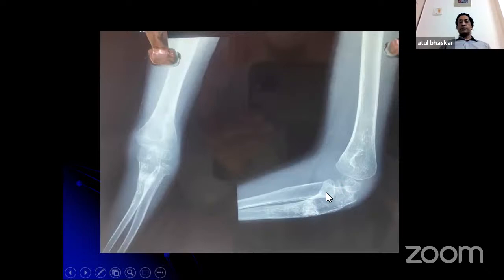The radial head is in position. He got a range from 30 to about 110 now. I'm hoping he can improve on that. But he was 18 months post-injury before he came back in. And you can see there are already some radial head changes because this was badly deformed. We've got the ulnar length restored, and we've also done a flexion osteotomy with the grafting.